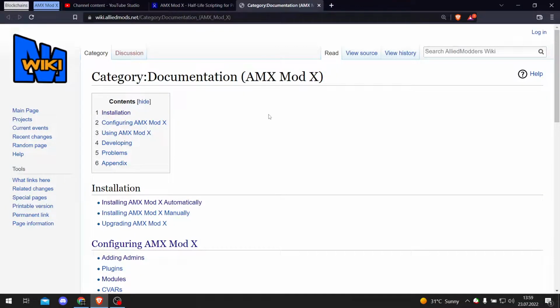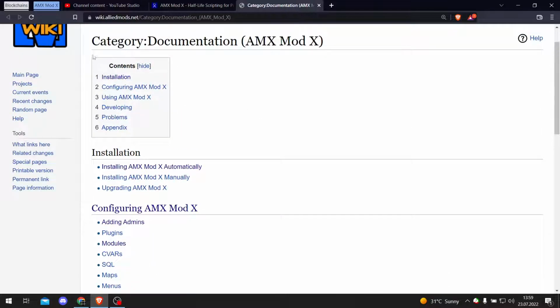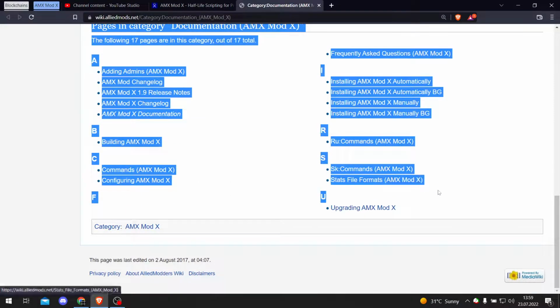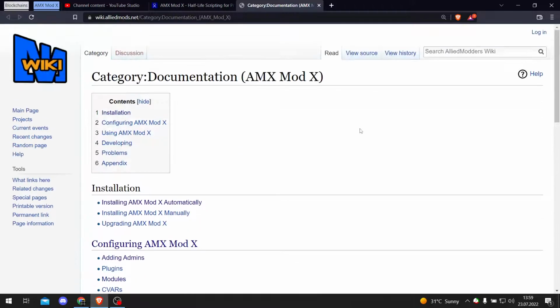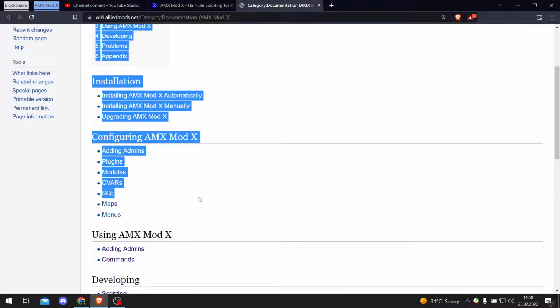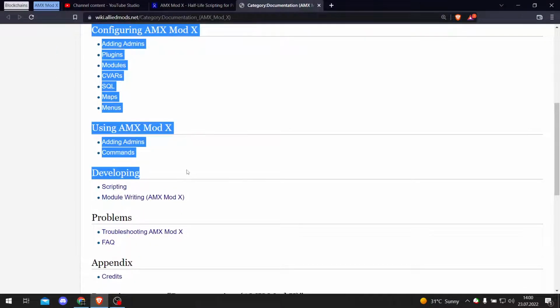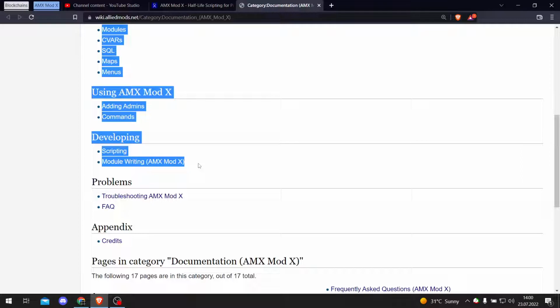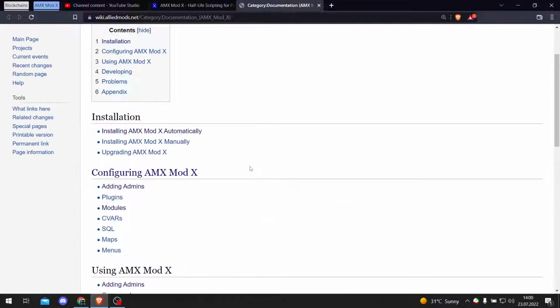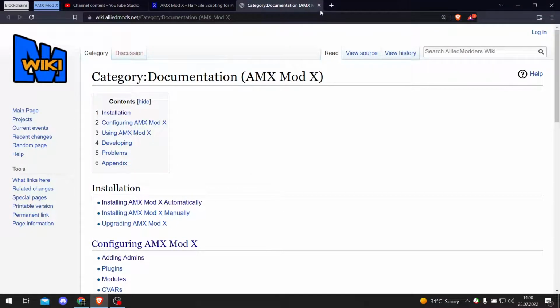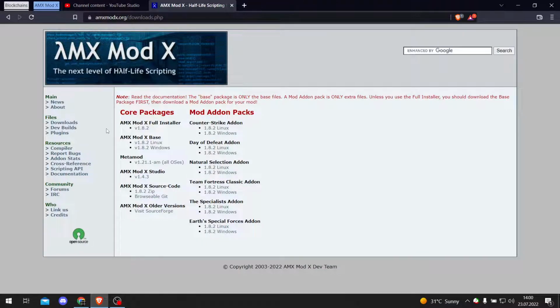In case you want to make plugins for yourself, you kind of want to read the whole documentation. I mean, not entirely, but the things you need. And also, it's quite important to understand the basics for AMX Mod X, like adding a plugin and compiling it, because some plugins will only have scripts, and you will need to install the plugins yourself. But these things we are going to discuss in this video, so no worries guys, I'm here to do that with you. So first things first,